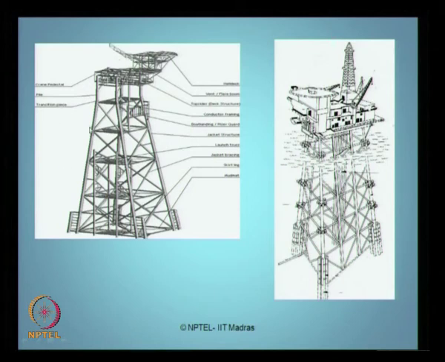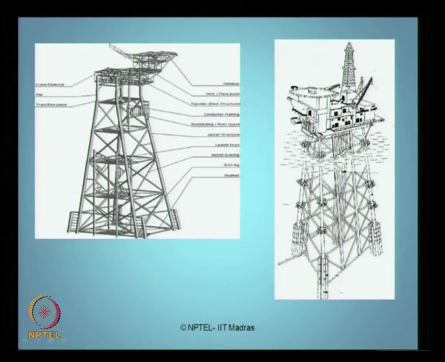You have the transition piece which is seen here, which I will explain in the next successive slides. What is a transition piece? This is what we call a crane pedestal. I will explain the components of a crane pedestal in the next slide. These are called riser guards or boat standing areas. This is what we call a jacket structure. So, it looks like an assembly of different kinds of tubular steel members forming a jacket.